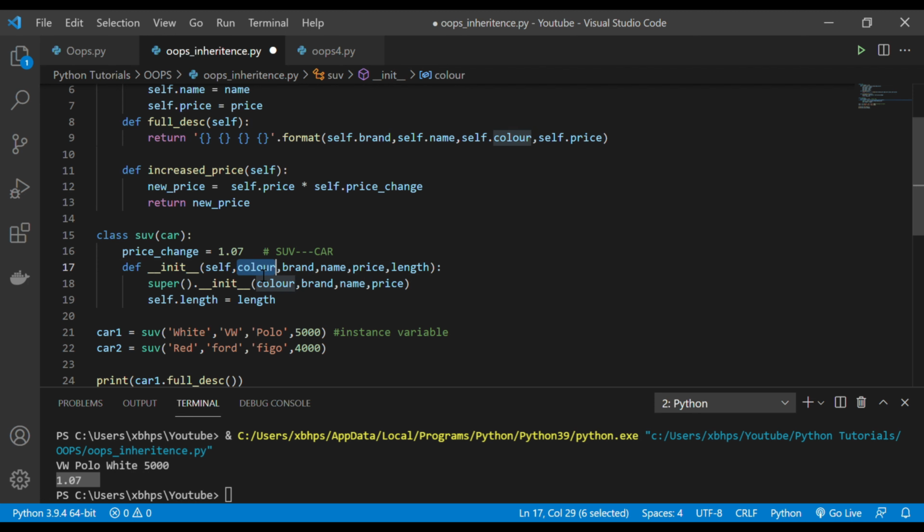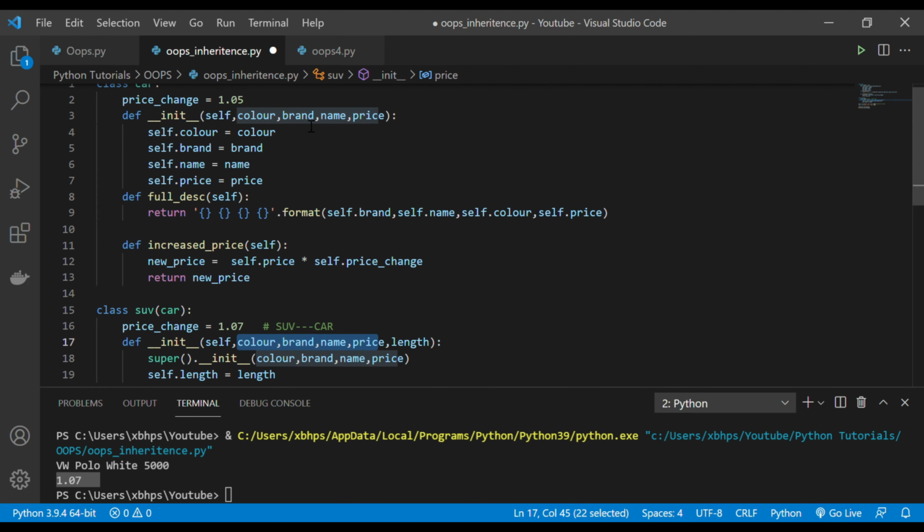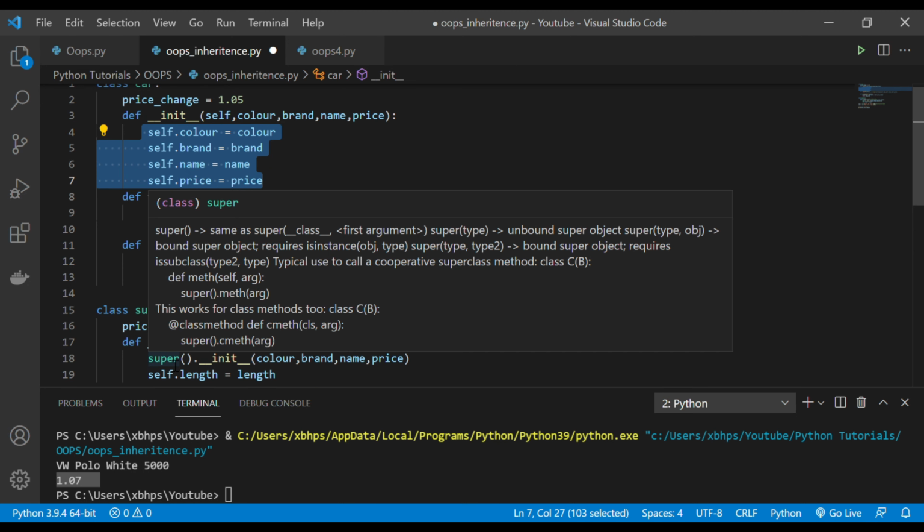So these are my arguments here: color, brand, name, price, length. But color, brand, price is something that I have already defined in my actual car class. So why should I define it again? I can just simply extend this from the actual class. That's why you use the super method here.